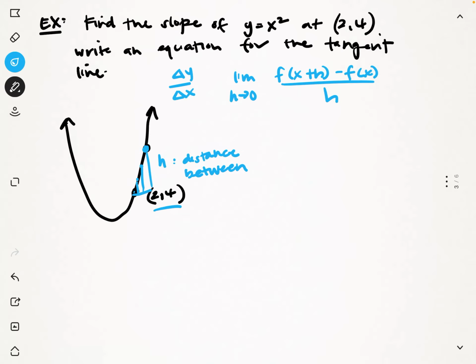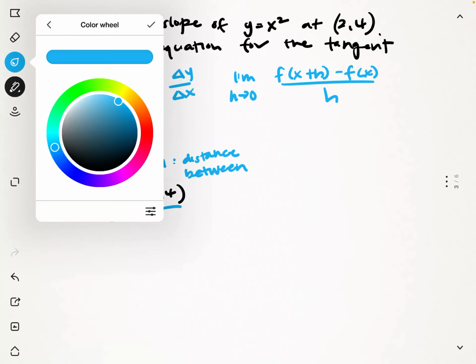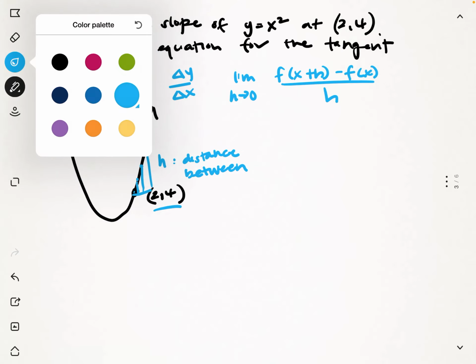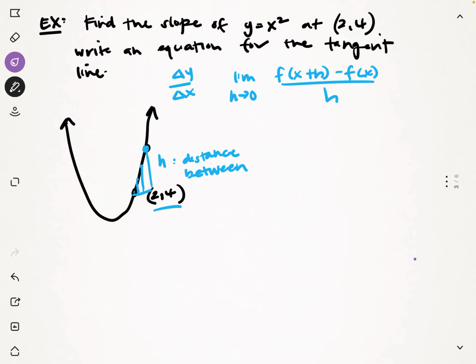Okay? So yeah, we can't plug in 0 yet, right? Because we have the h in the bottom. But what we want to do is get this to a point where we can substitute 0 in for h algebraically. Okay, so what we know is that our x is going to be 2,